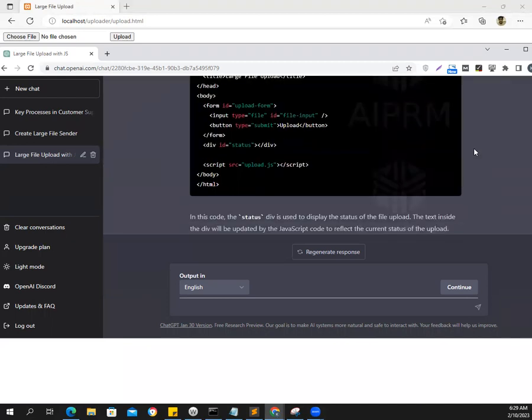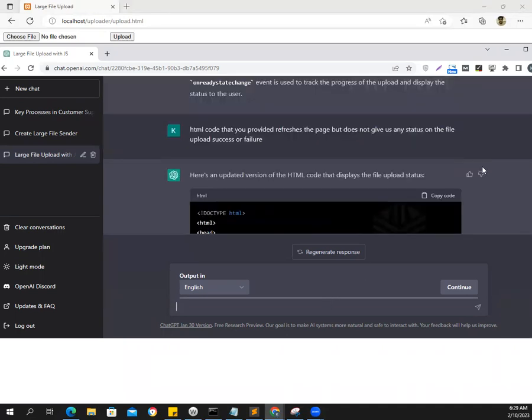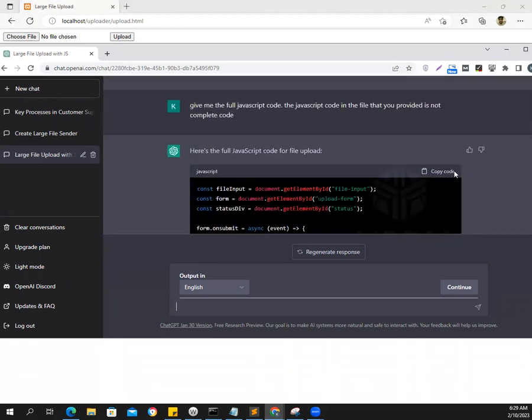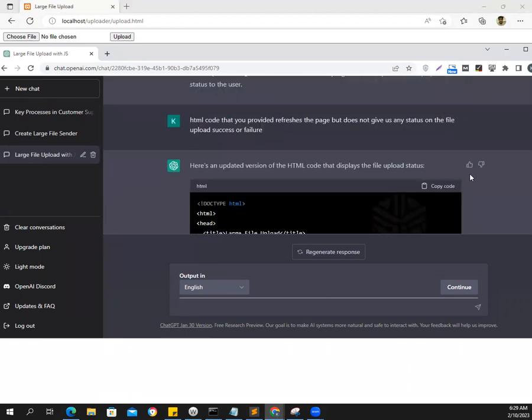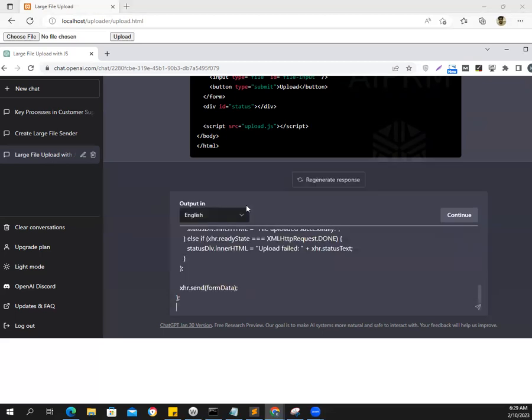Let's see. We're going to modify the code. So we're going to, in fact, copy this code so that ChatGPT remembers the context but does not produce altogether a new version of this code, or write some other JavaScript that we don't have currently incorporated in this tutorial. So we're going to copy it here,